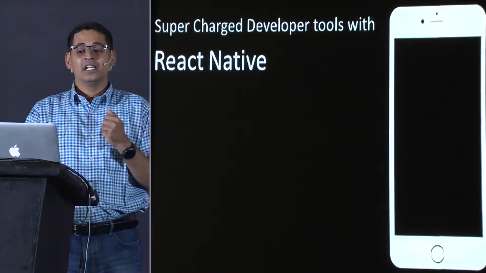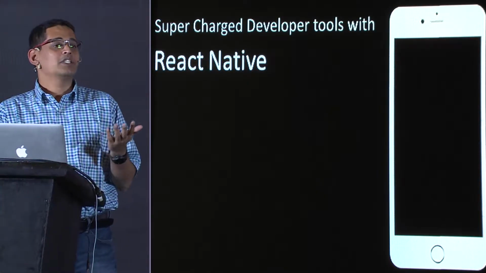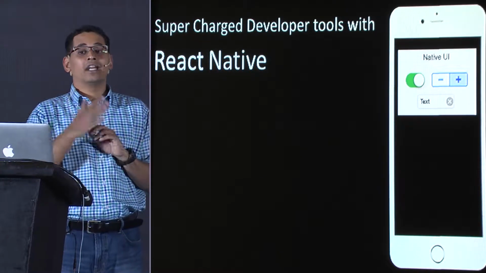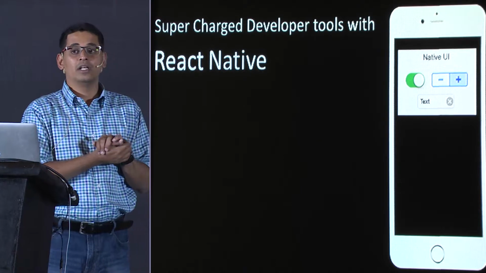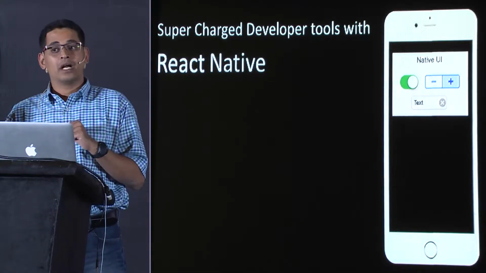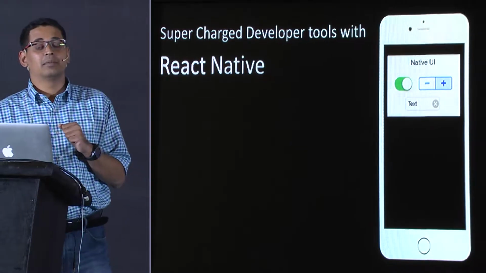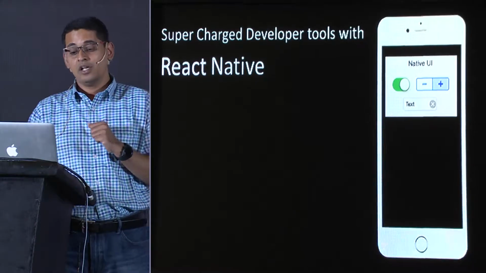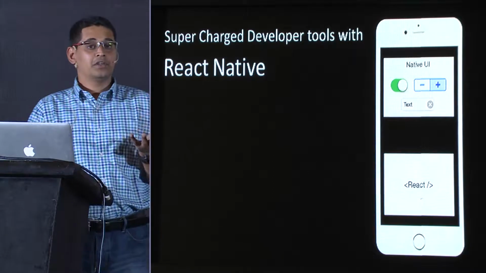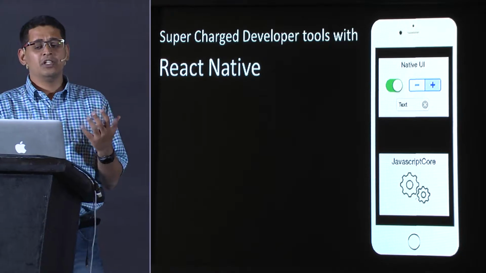And if you're thinking of what React Native really is, React Native is a way to develop iOS and Android applications on your mobile phone. The good thing about React, unlike Cordova or Ionic or any of them, is that the app you write actually has native UI controls. So the list views, the buttons, they're actually native and look and feel as if they were a part of the real mobile phone. On the other hand, you still use React, and all the code that you write is written in React. And this React or this JavaScript code runs in a virtual machine called JSC.